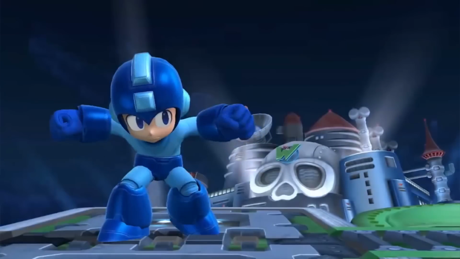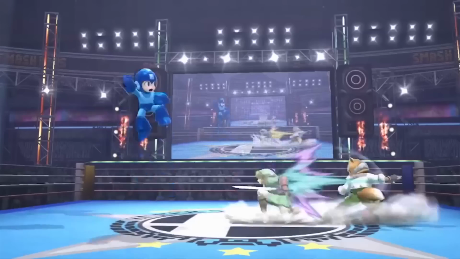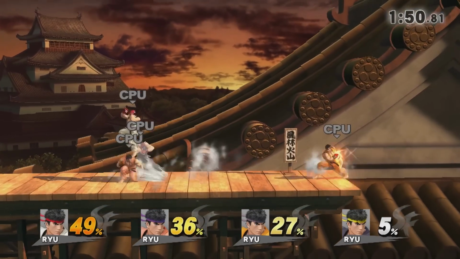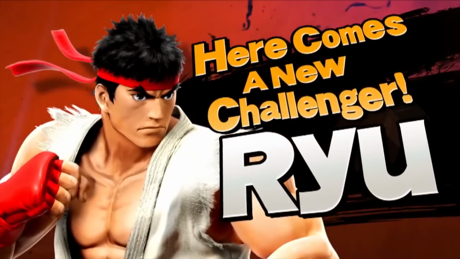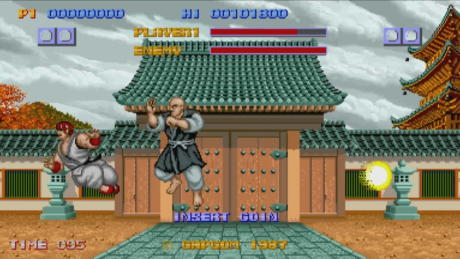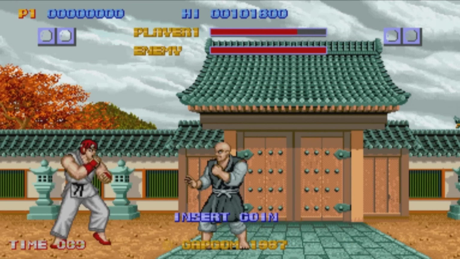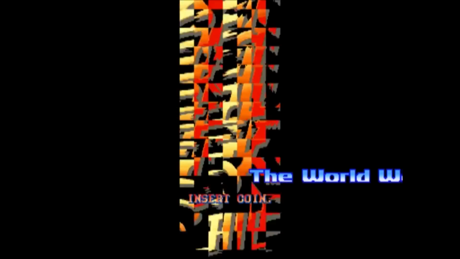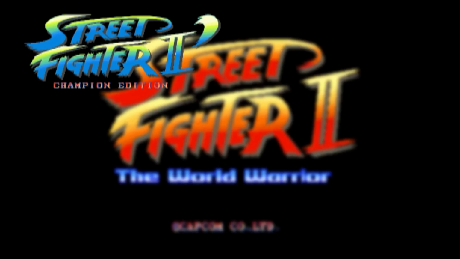As if Mega Man wasn't enough for Capcom, they brought their Golden Boy as DLC. He's arguably the most iconic fighting game character of all time, Ryu! From Street Fighter. Ryu made his first appearance in the original Street Fighter in 1987, but he and the franchise hit a major stride of mainstream popularity 4 years later with Street Fighter II, and the millions of versions that